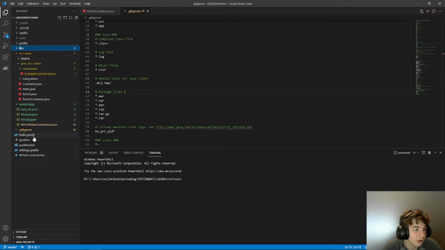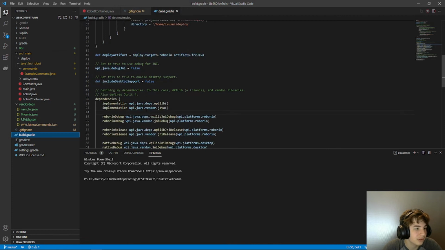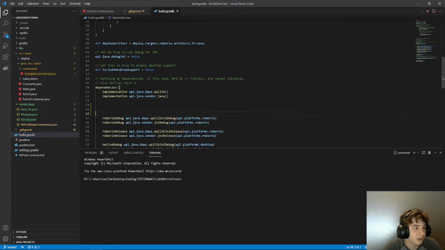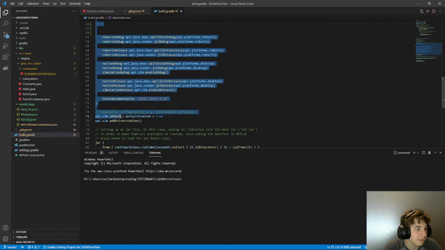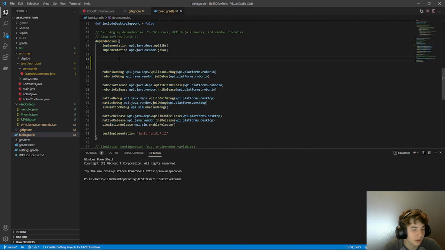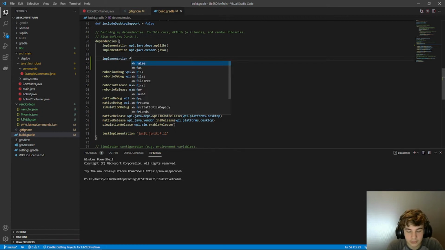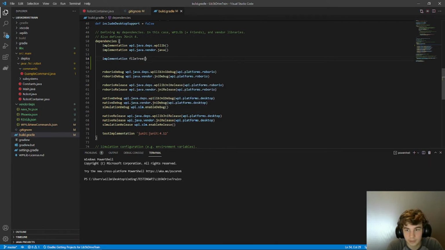However, our build script, our Gradle, does not know that it actually exists yet. So to make it know that, we need to go into dependencies. We need to go into the build.gradle file, and inside dependencies, right here, this block, we'll need to write this line of code. So this is really important. So we go implementation. Then we need to say fileTree, capital T. Then we need to say dir. So this is directory, and we want to say libs, which is the directory we made,